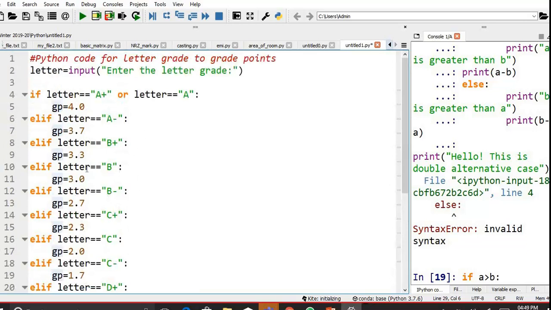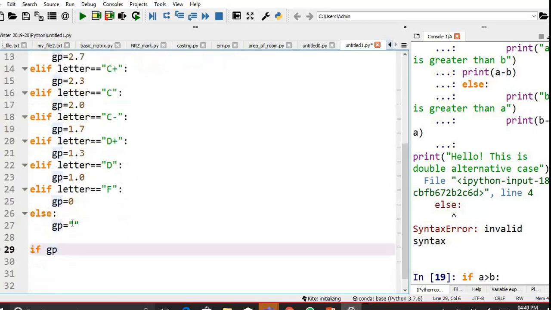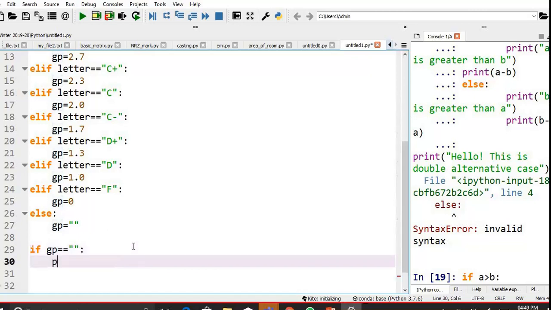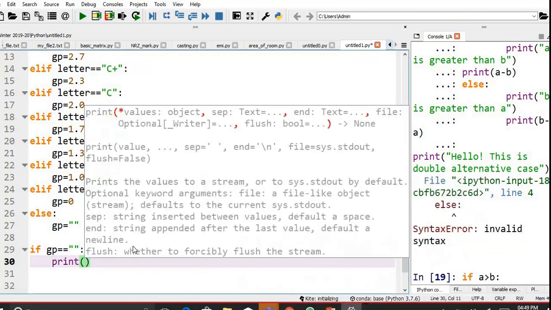When this if is over, I have these grade points. Suppose something is entered wrongly, that is assigned to empty string. I am just checking whether GP is double equal to empty string. If it is empty string, I am going to print you have entered an invalid letter grade.